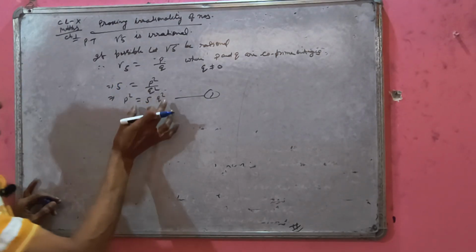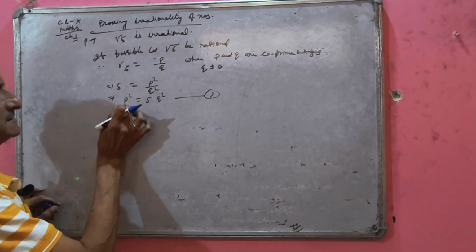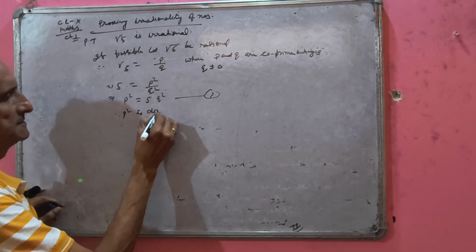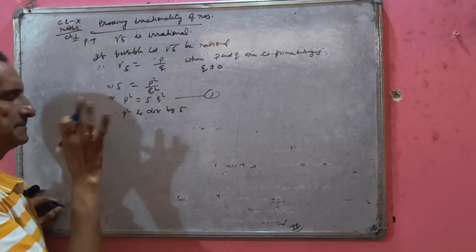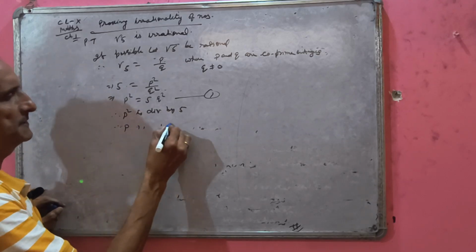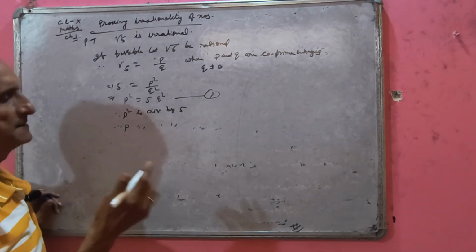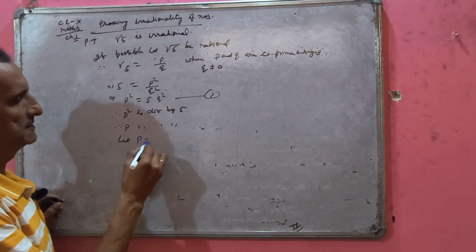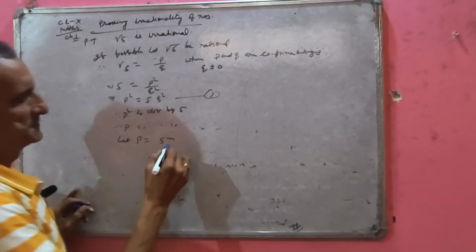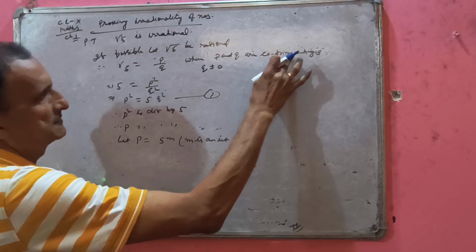Now see, this is a multiple of 5 or divisible by 5. And this is equal to this. So this is also divisible by 5. So therefore, p square is divisible by 5. If p square is divisible by 5, therefore p is divisible by 5. If any number is divisible by 5, then it must be a multiple of 5. So you can take let p equal to 5m. Anything you can take, x also, but it must be an integer. m is an integer. We are dealing with integers.